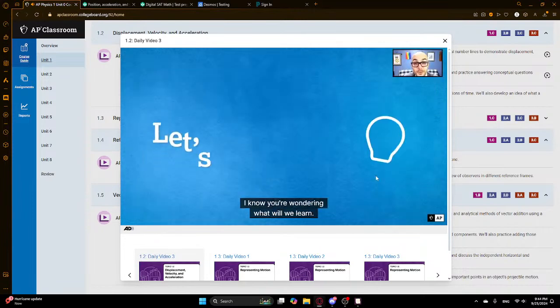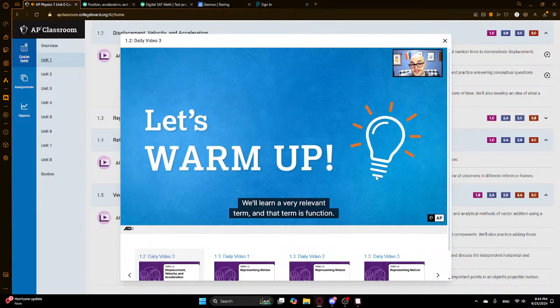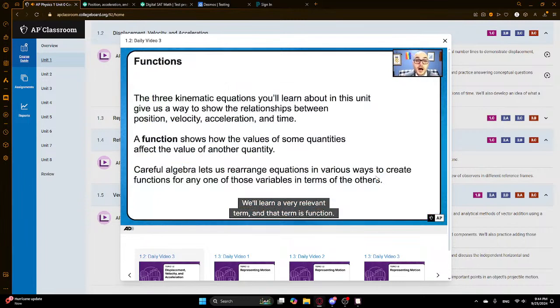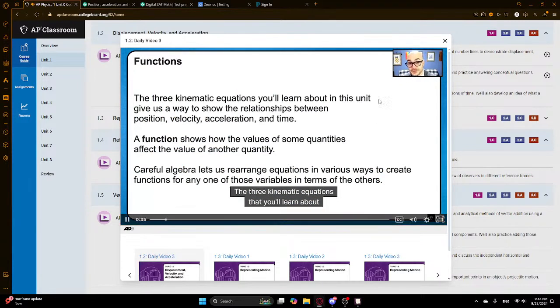I know you're wondering, what do we learn? We'll learn a very relevant term, and that term is function. The 3 kinematic equations that you'll learn about in this unit,